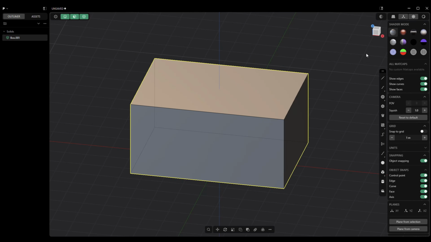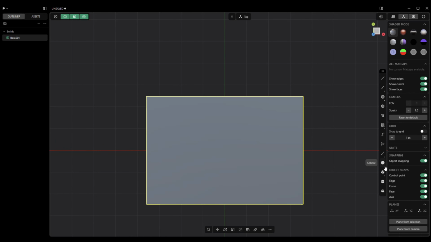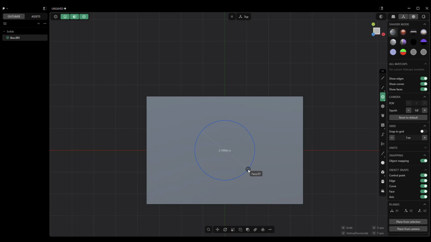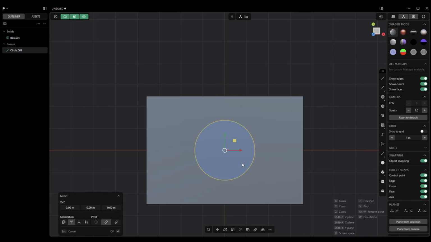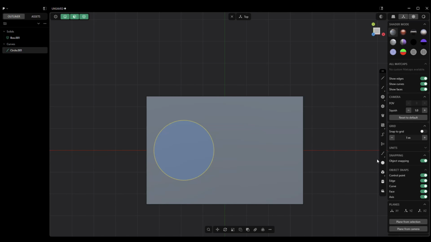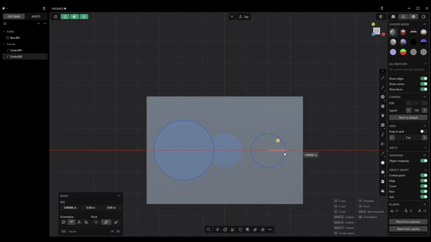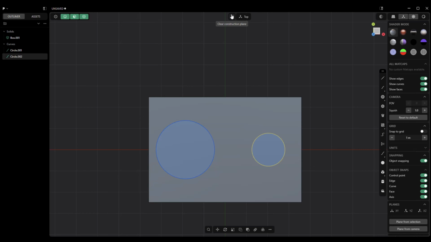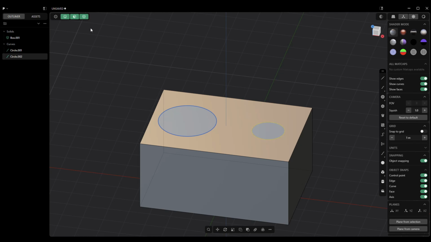So what we're going to do is we're going to jump to the top here and we're going to grab, let's see, we'll do a center circle. We'll start it here. And then we're going to G and move it over here. And then we're going to do that once again. Make it a bit smaller this time. Hit G, move it over there. All right. Okay. So now that we have this,